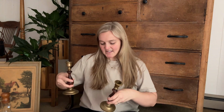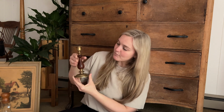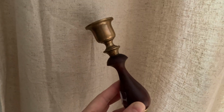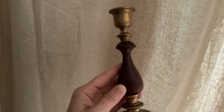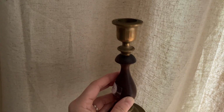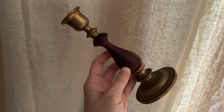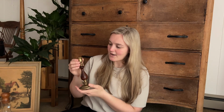Okay, also at that last estate sale, and I have to be careful with these because they're not in the best of shape, but they were wooden and brass candlesticks. And I know that I'm probably the last person on planet Earth that needs more candlesticks. But I loved the mix of the wood and the brass. You know I'm a sucker for both of those. The shape of it was really pretty. They had 2 of them, and they were only marked $2 to start with, but this was at that same estate sale where they were 50% off. And so I got them for $1 a piece, and I just couldn't leave them behind for $1 a piece. So I picked these up,